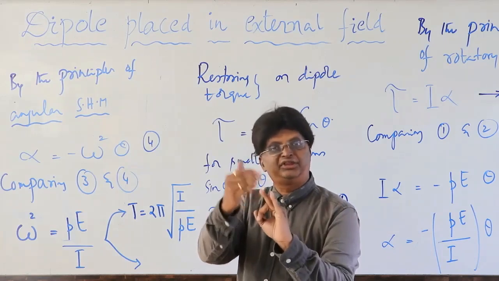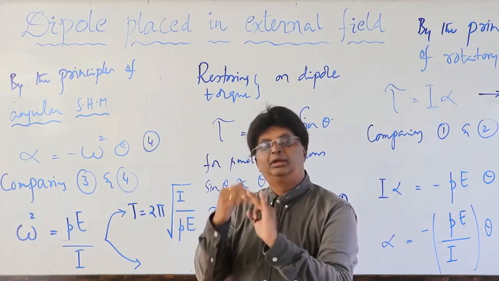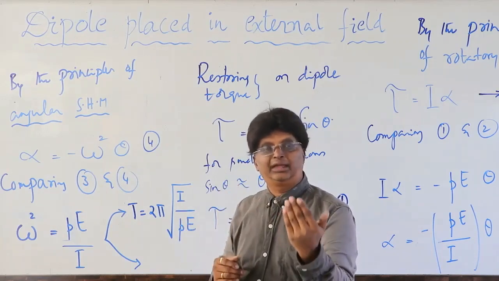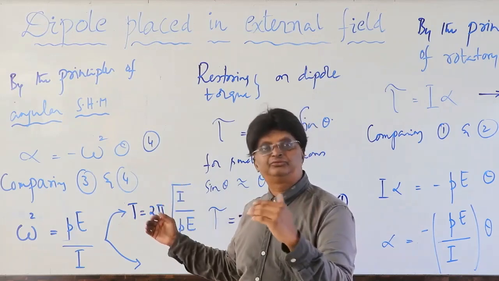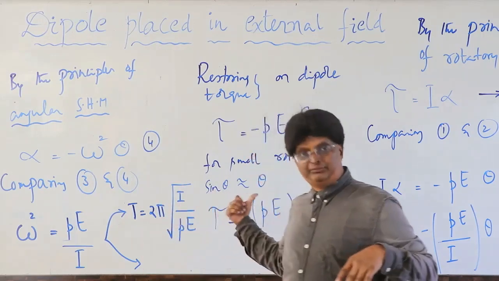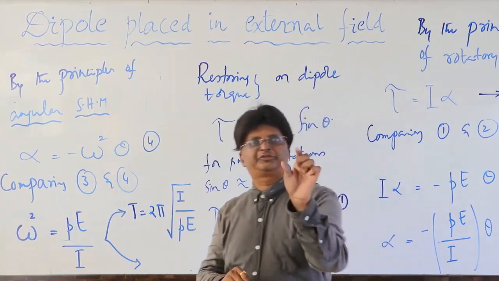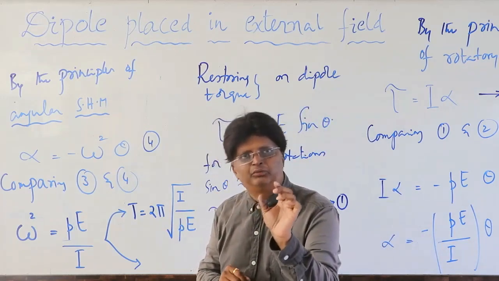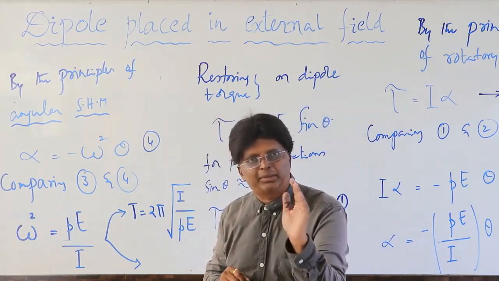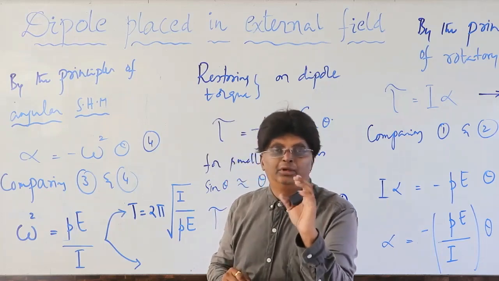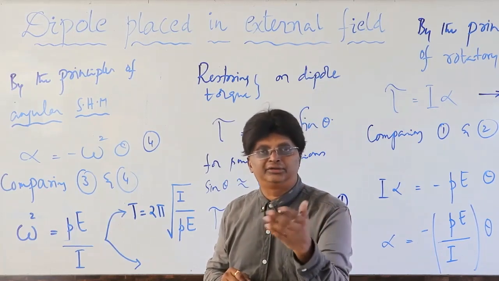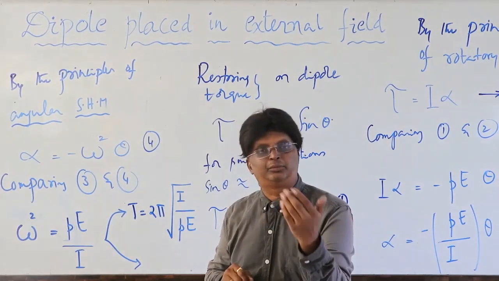Second question and answer, 3 marks, 5 marks. Third is angular SHM of the dipole and expression for time period, which we have done. All those expressions that you come across, you will remember and practice them, and you can substitute and get answers. They become the numericals for your board examinations,